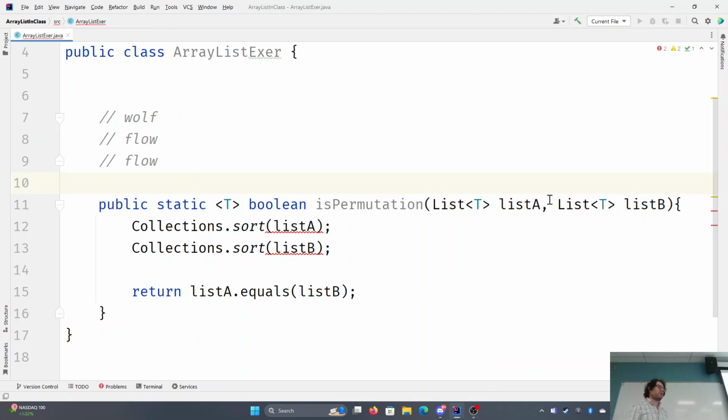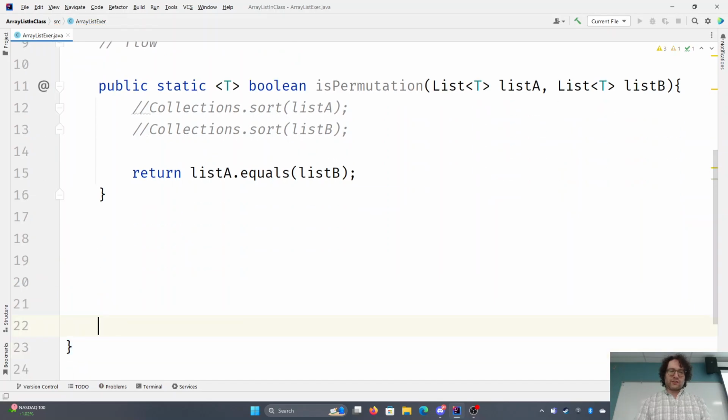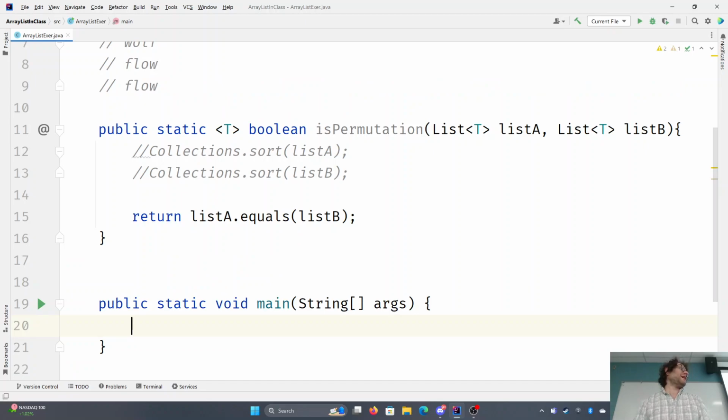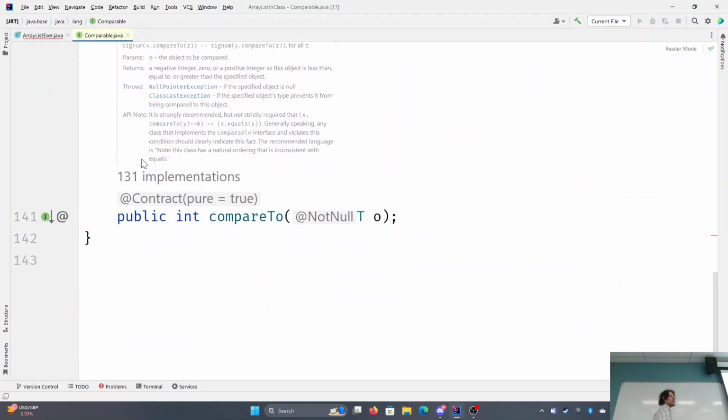You've got to be able to put stuff in order. And the way Java looks at it is, in order to put stuff in order, you have to be able to compare the two things. So they have to be what it calls comparable objects. Now, integers are, and let me just quelch this for a second. Integers are comparable, and strings are comparable. Let's just go ahead and open up Comparable. It's an interface. It provides one function called compareTo, which allows you to compare stuff,